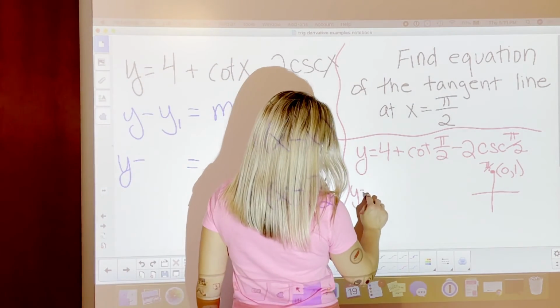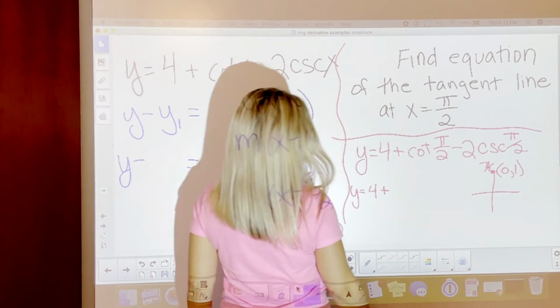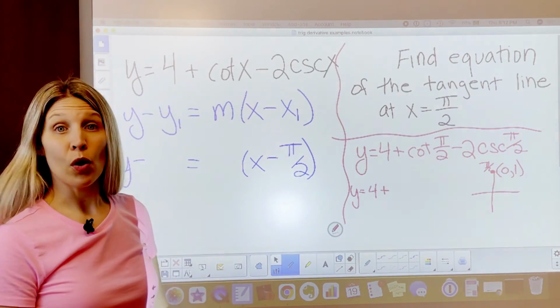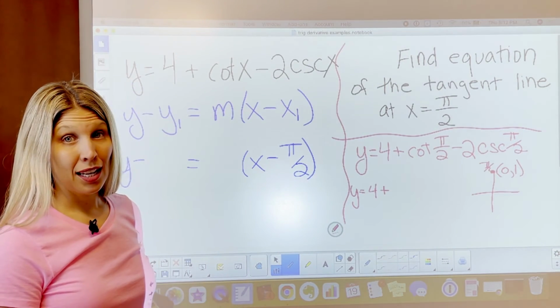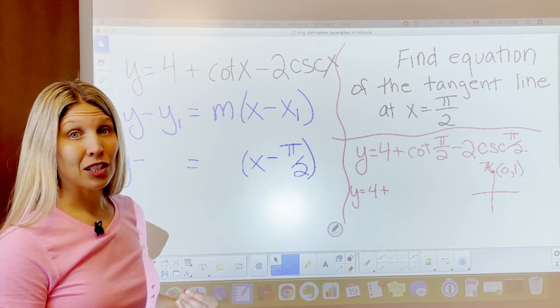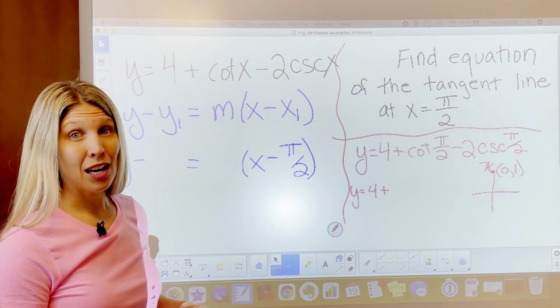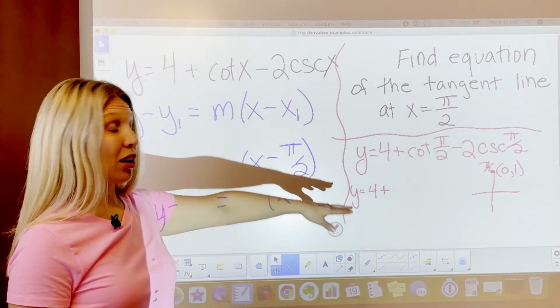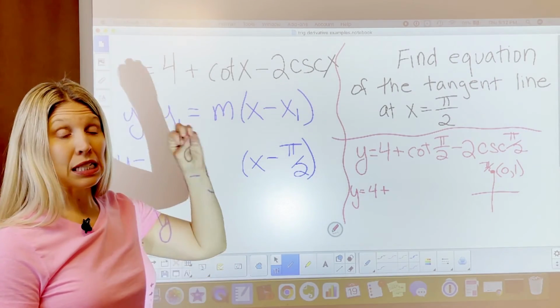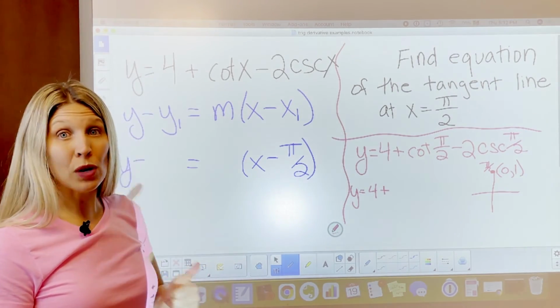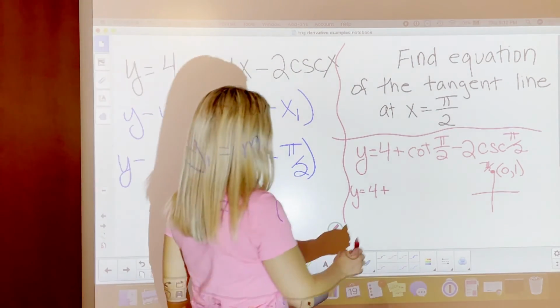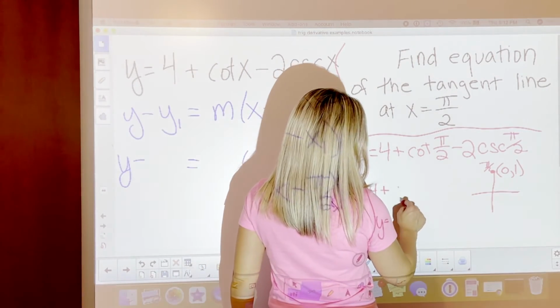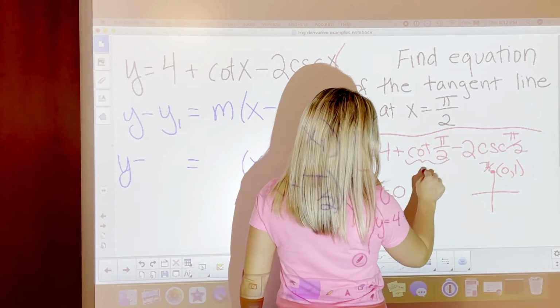So y equals 4 plus, now cotangent is cosine over sine. Our cosine value is our x value, and our x value at pi over 2 is 0. 0 divided by 1, we can do that, and that would be 0. So this would be cotangent of pi over 2 is 0